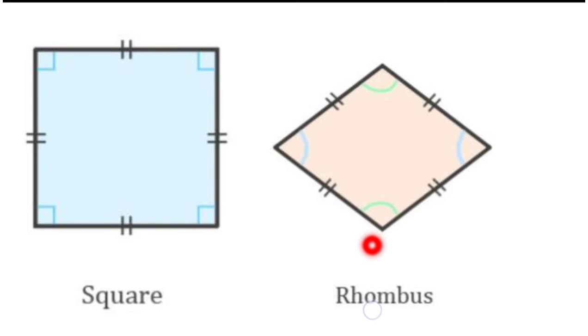So how is a rhombus related to a square? See, a rhombus has all sides equal, but could you see this green angle marked with green here, and this blue angle is marked blue here. So in a square, all sides are equal, so a rhombus is also having all sides equal. In a square, all angles are equal, but in a rhombus, opposite angles are equal. That means these two angles are equal and these two angles are equal. But if you are going to talk about blue and green, they are having different measures.